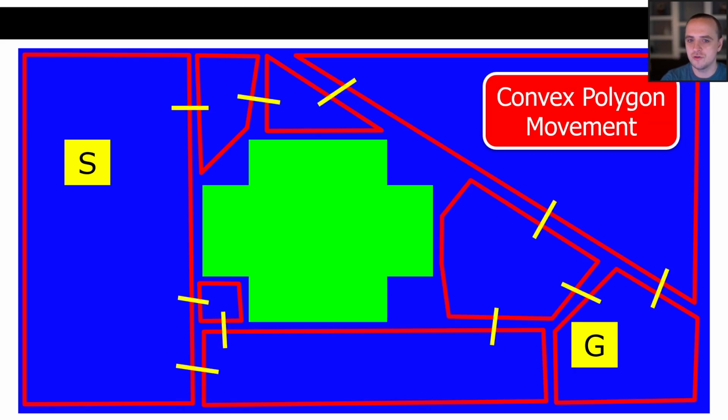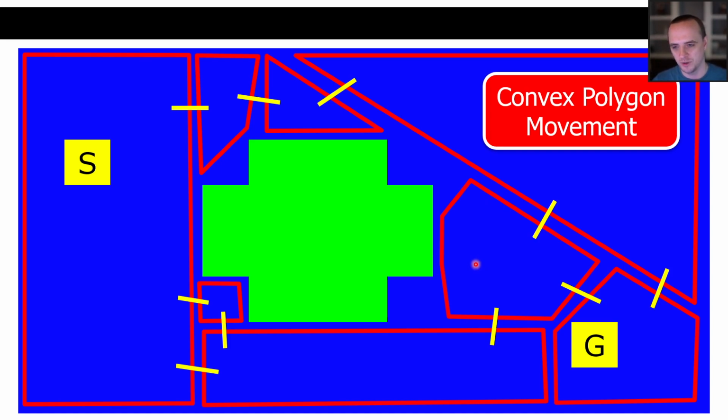In StarCraft 2, they actually have a polygonal representation. This is really cool because essentially what they do is break up the environment into convex polygons. Convex meaning that you can see any part of that polygon from any part within the polygon. Here I have a convex polygon. All of these polygons are convex because if I'm right here in this polygon, I can see any of the spots within that polygon from that spot. That's the definition of a convex polygon.